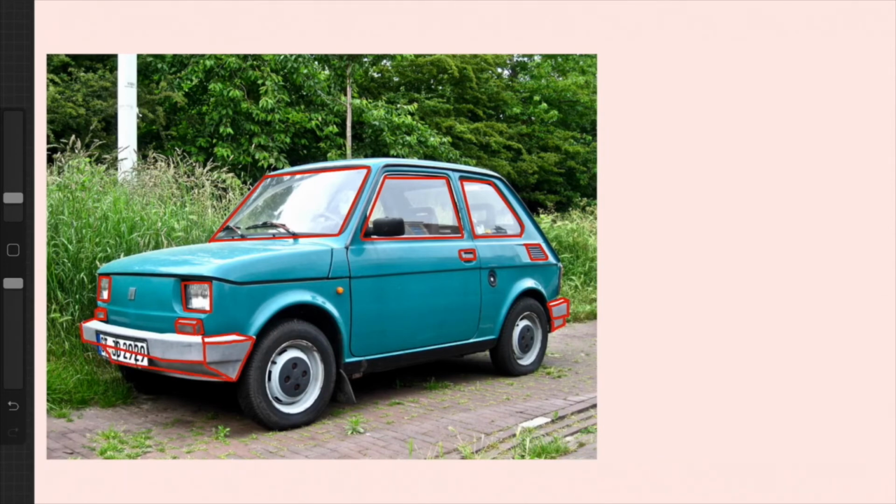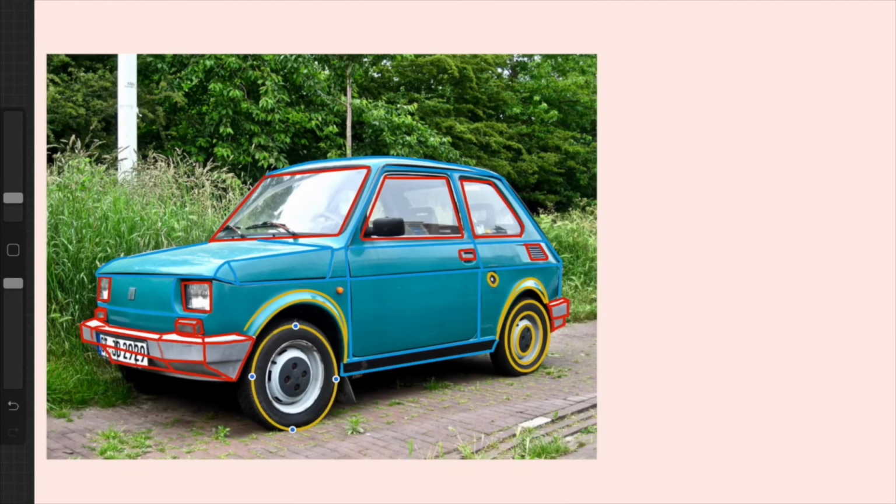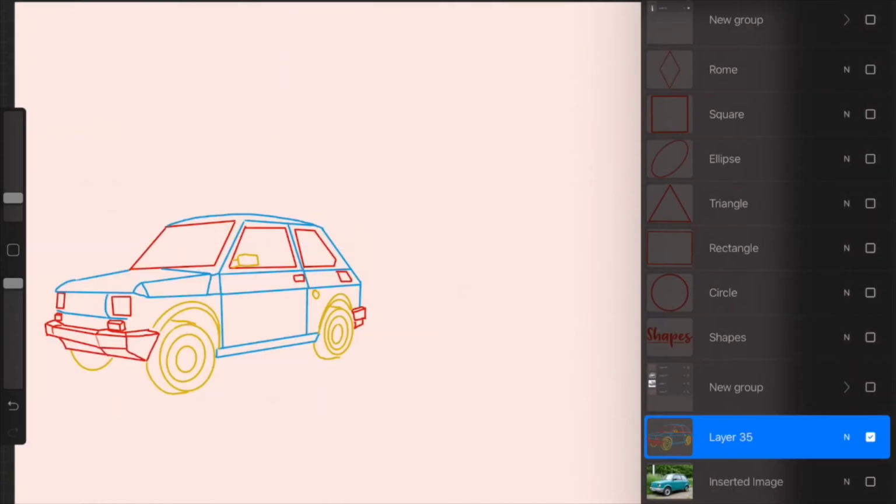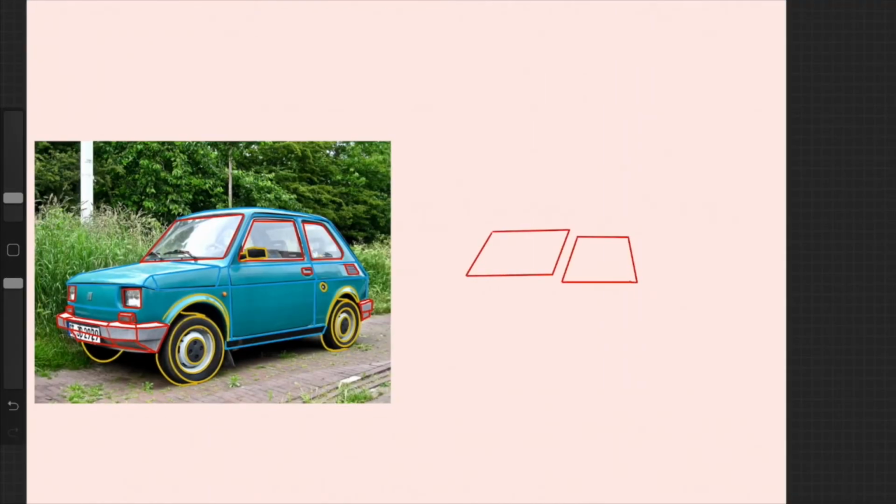We'll start from drawing a car. When you see a car, you see basically that it has some rectangles, some squares, and of course the wheels that are circles. So what I am trying to do is I'm kind of tracing the picture to get those shapes,